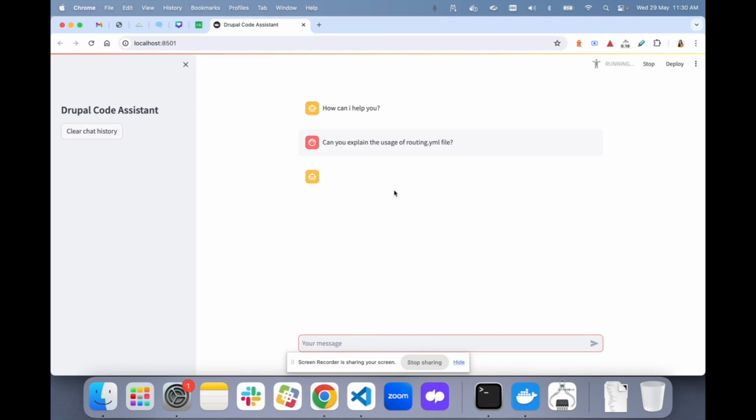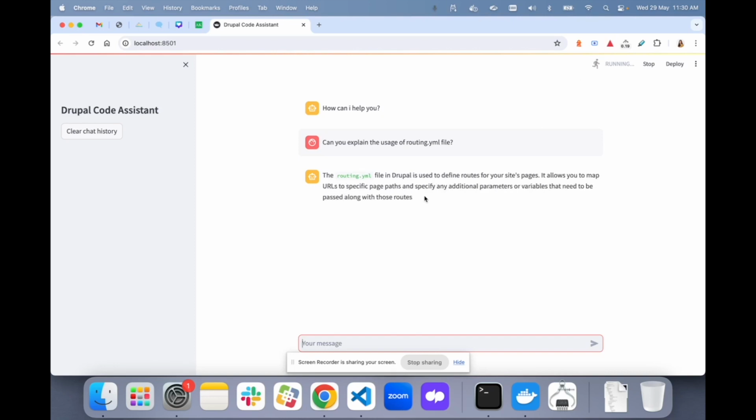Let's see if it shows that the chatbot is running, and wait for a while. Since I'm running on my local machine, it seems to be a little slow because my machine is almost full. Yeah, see, it is replying. So it seems to be working, right?